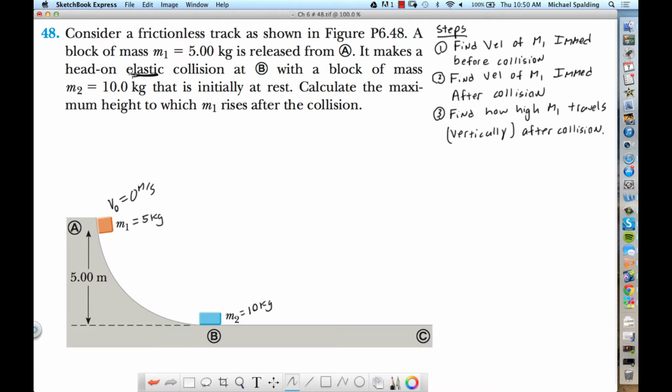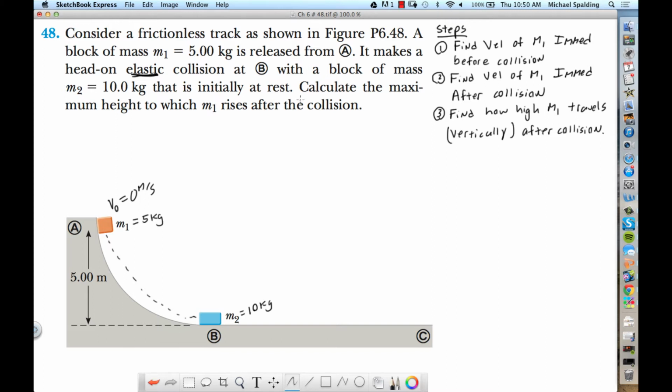Two things are conserved. Momentum, which is always conserved in a collision, at least in the physics homework set. In real life, that's not true. So momentum is conserved, and if the problem says elastic, what's the second thing that's conserved? Kinetic energy. All right, so this block comes down the hill, bam, hits M2, and then